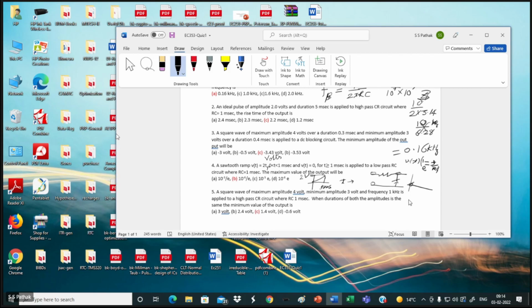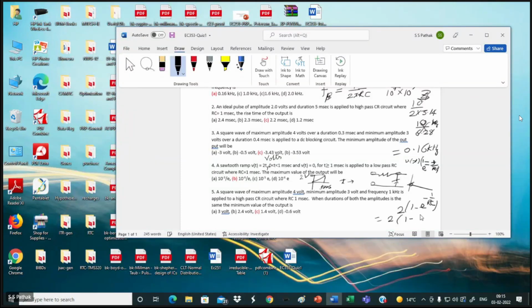So the ramp is 2 volt at t equal to 1. 1 minus e to the power minus 1 by RC. What is this t? 1 millisecond. Remember, it is 1 millisecond. RC is in millisecond, 1 is also millisecond, so this millisecond cancels. 1 by this into RC. So that is your 2 into